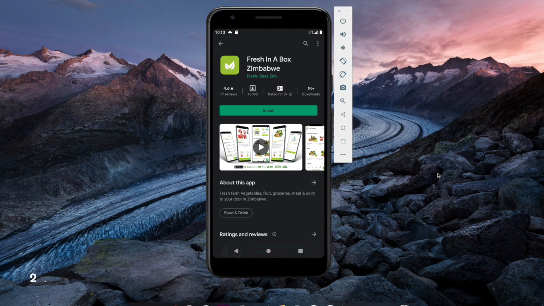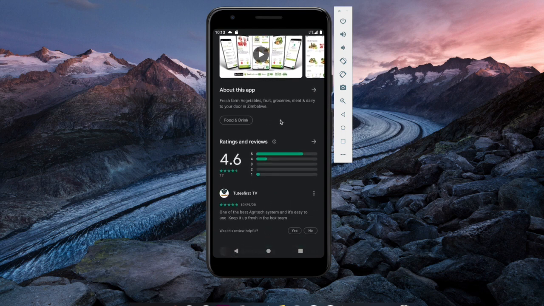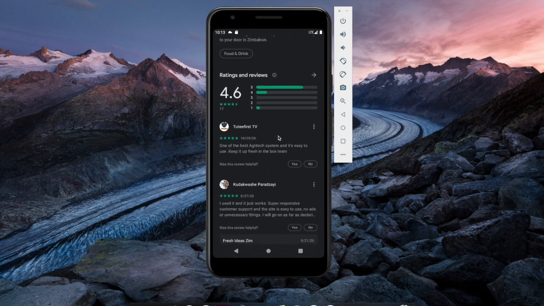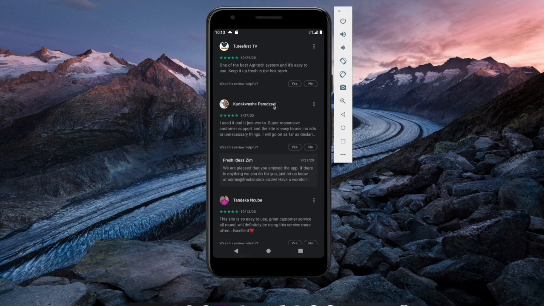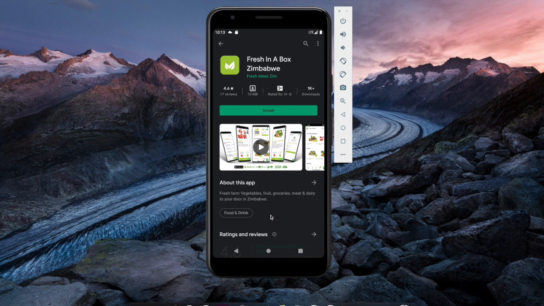Okay, so moving on, I just found this cool app and I scrolled through the reviews, and it looks legit because, okay, these are some of the latest reviews. Seems like people are happy about this app. It's quite sad that I didn't find this app on the App Store. What I've noticed is that most applications developed in Zimbabwe are published on the Play Store, and you'll see quite a few that are published on the App Store. So I'm not sure if there are no iOS developers in Zimbabwe, or there are very few iOS developers in Zimbabwe, or people just don't know where to find them.